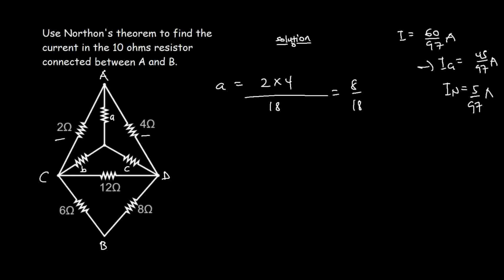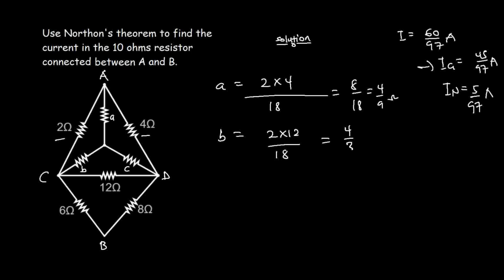And then this can be simplified as 4 over 9. So this will be equal to 4 over 9 ohms. So that's the value of A. So now let's find B. So B will be equal to 2 times 12 divided by 18. Okay, and that will be equal to